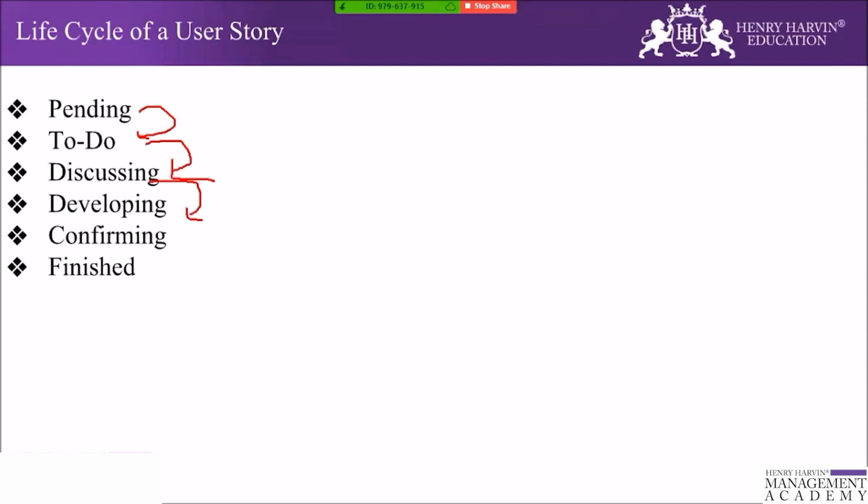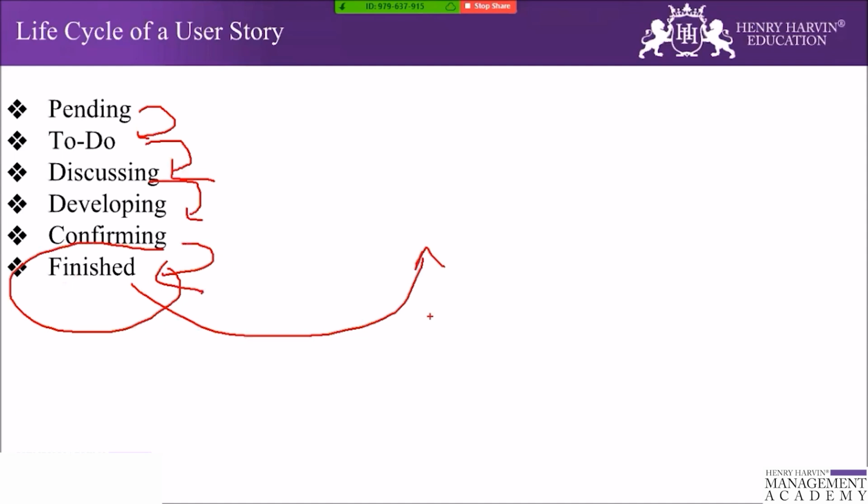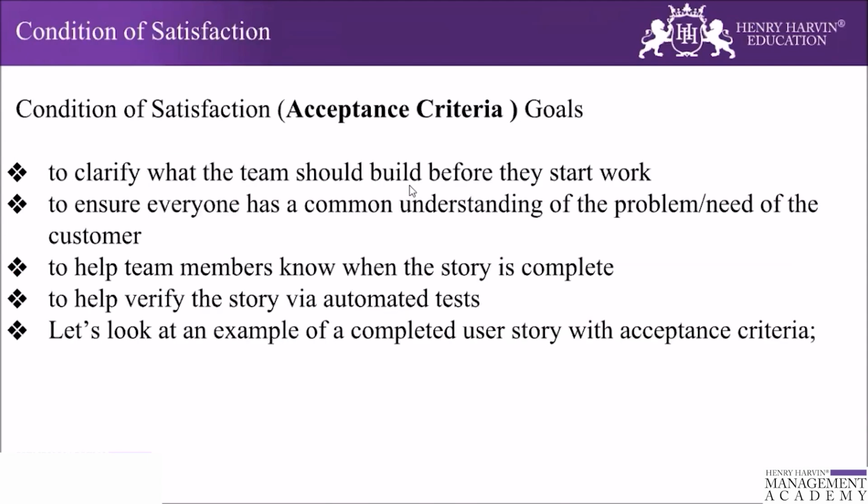Once they say that it is done, the life cycle of the story is finished and it is marked as done and deployed as part of the product increment. So though this is not a very straightforward life cycle, this is how a story progresses over the period. Next comes the